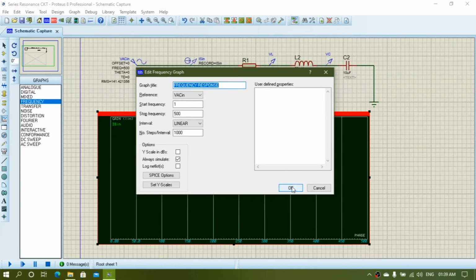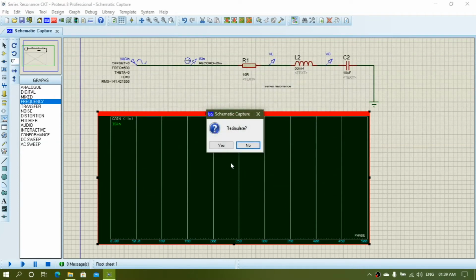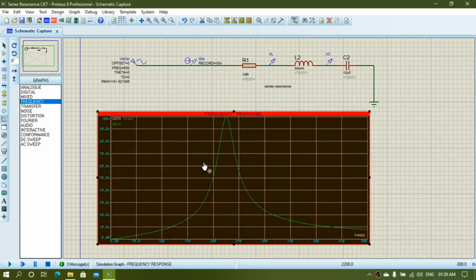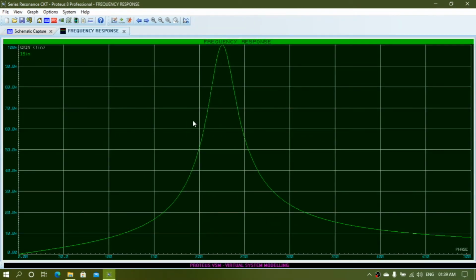Clear? Now after simulation you will get your curve, and from here this red line, if you click on that, your graph will be shown in full screen.